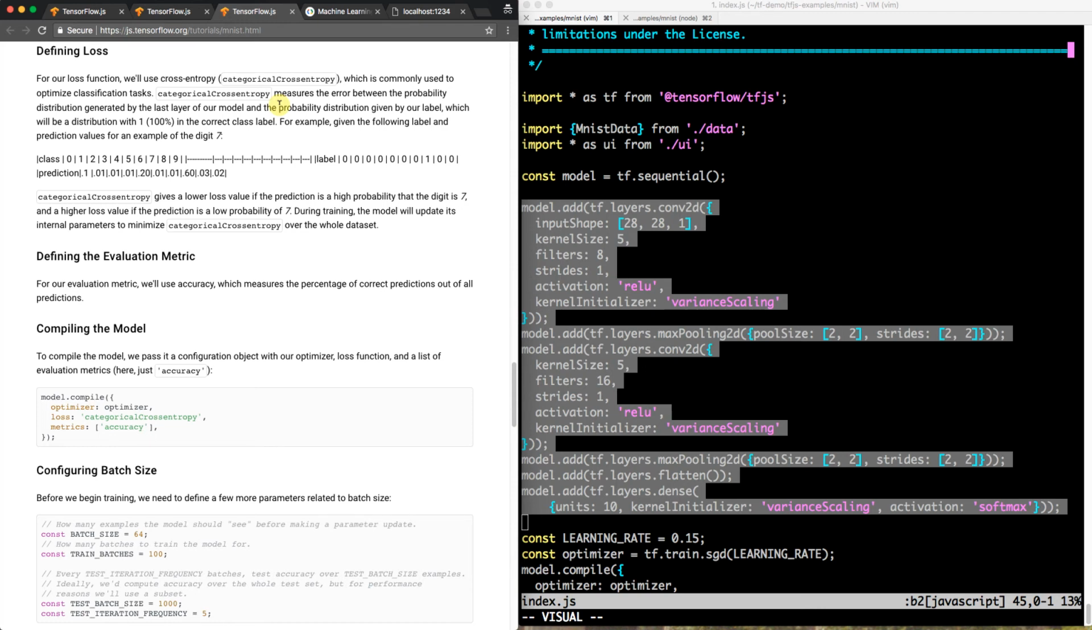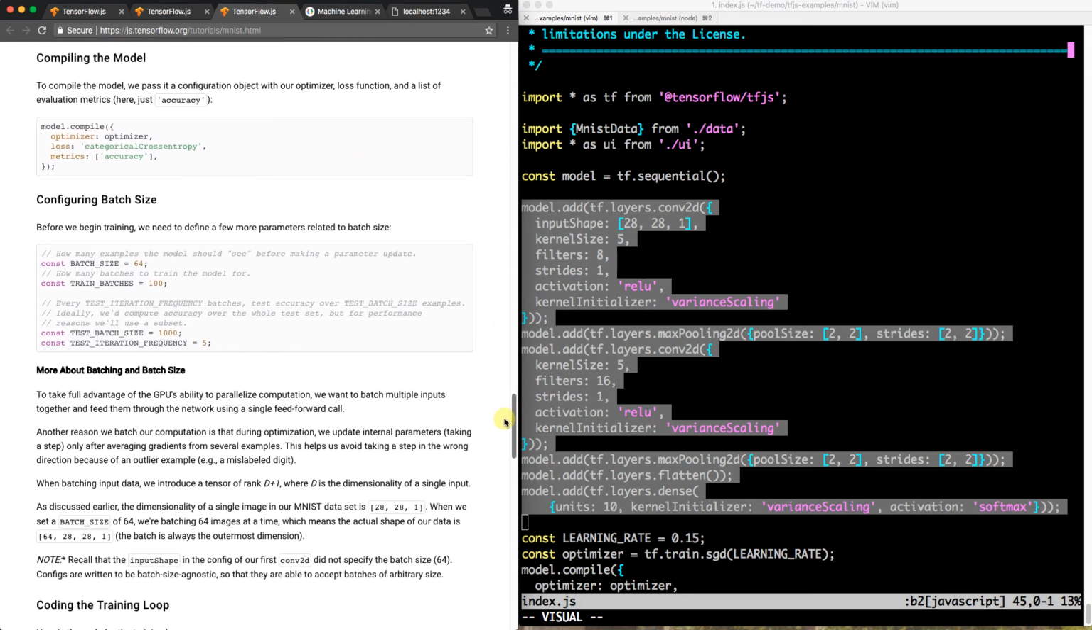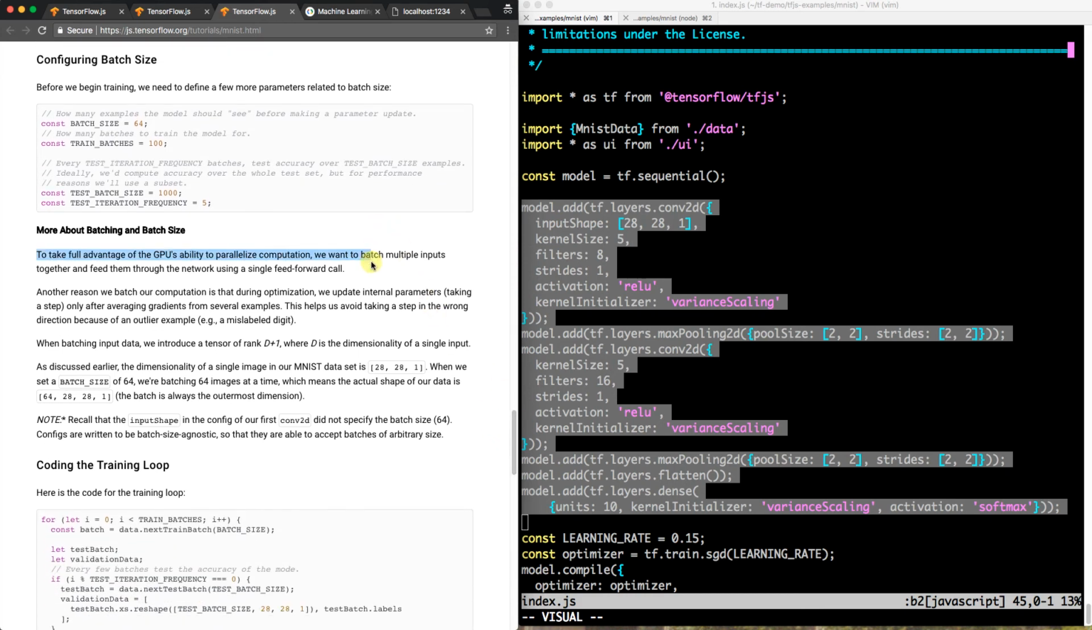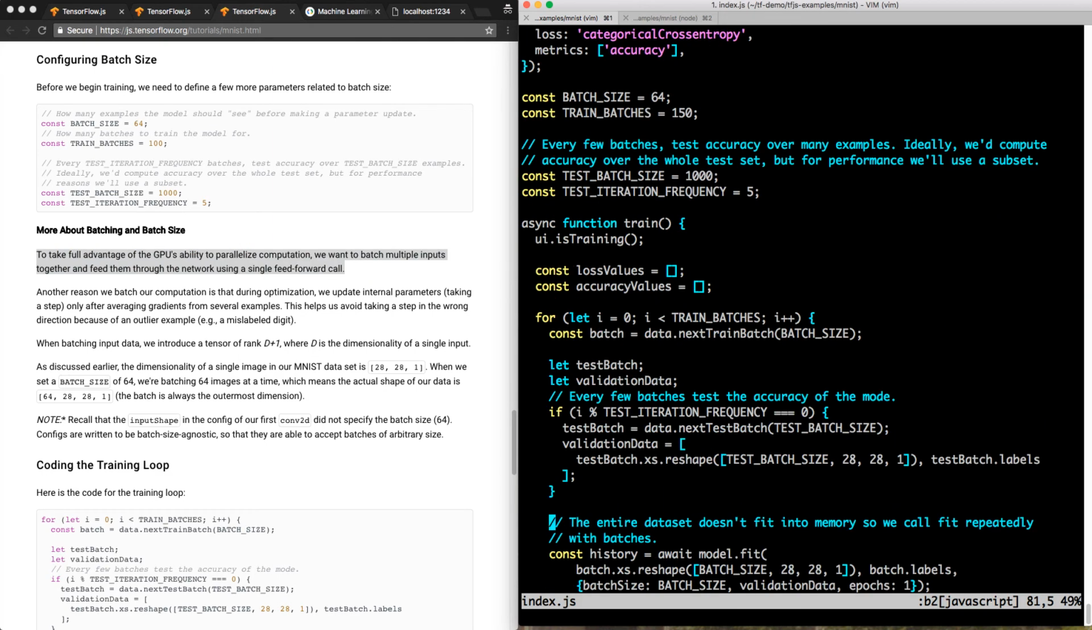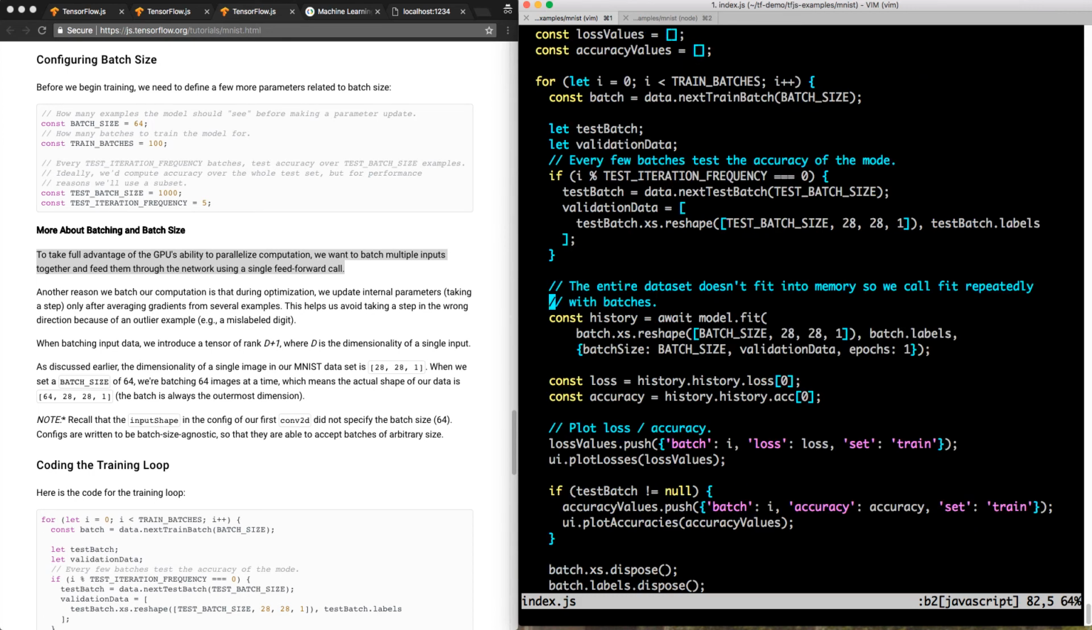Okay, so we compile them. So I guess this is a higher level model API. Okay, there's just a bunch of stuff here. There's a lot of stuff here. Parallelize, batch multiple inputs, single feed forward. Yeah, but there's a lot of stuff here. Whoa. There's a lot of stuff. I mean, this is all helper code, but